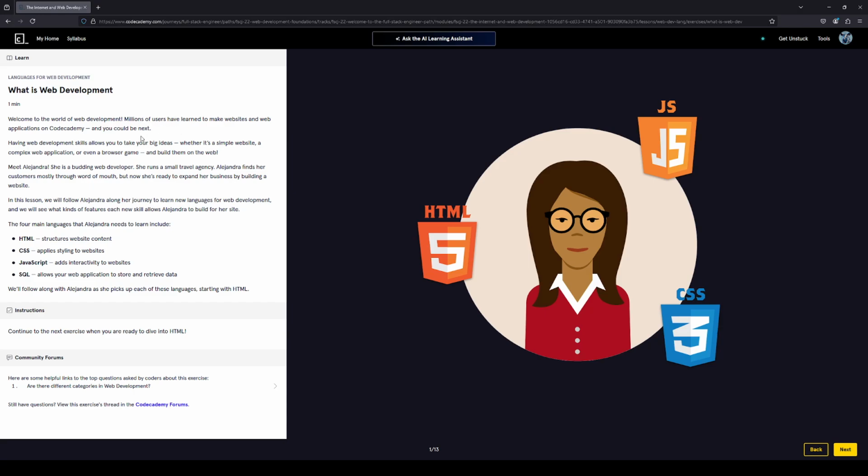Having web development skills allows you to take your big ideas, whether it's a simple website, a complex web application, or even a browser game, and build them on the web. Meet Alejandra. She's a budding web developer. She runs a small travel agency. Alejandra finds her customers mostly through word of mouth, but now she's ready to expand her business by building a